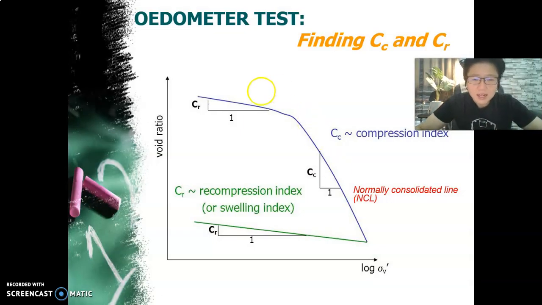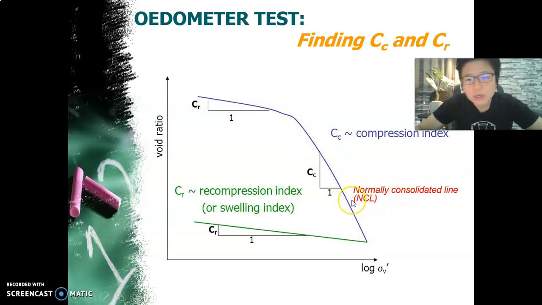Okay, and the last bit of information that you can derive from the compression curve is what we call the compression index and also the recompression index, right? Cc, Cr or C alpha, depending on which book you're looking at. So again, your load is an original compression line and this is an unload line. So by right, this should be unload and reload, and you draw a line through it. That gradient is your recompression index,